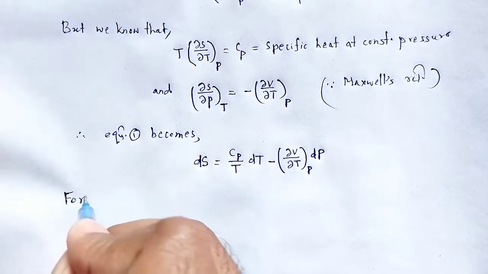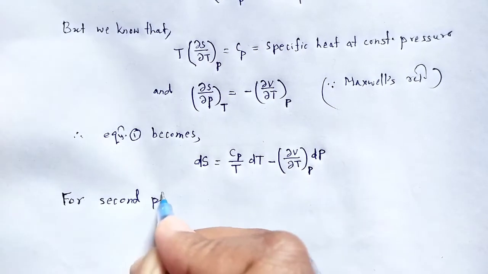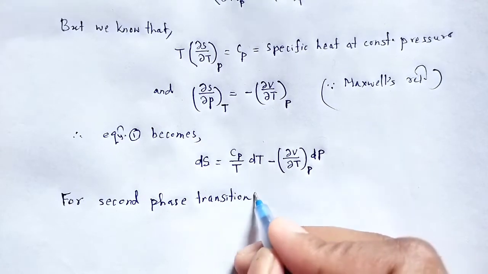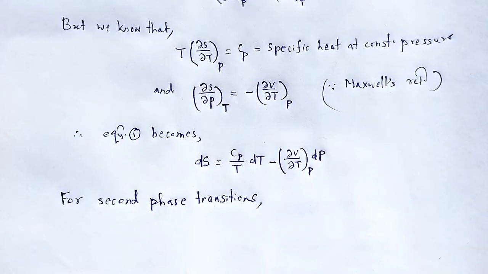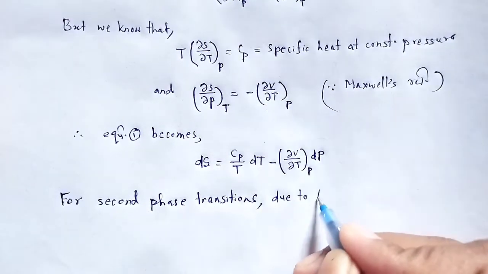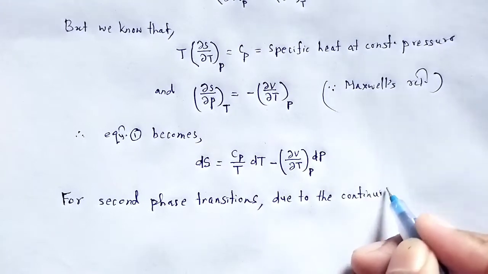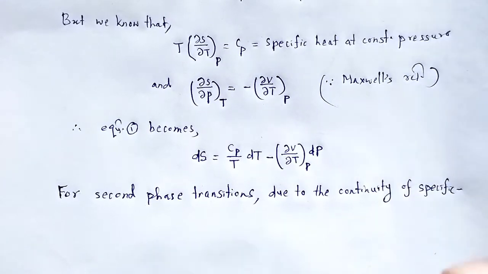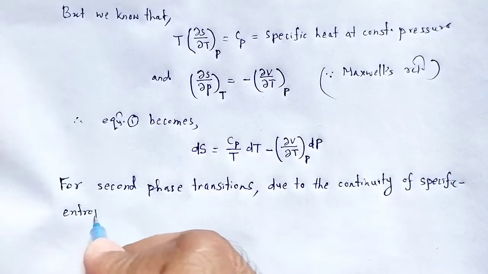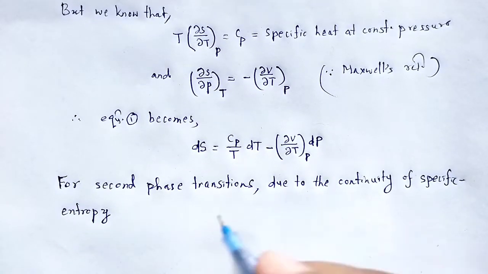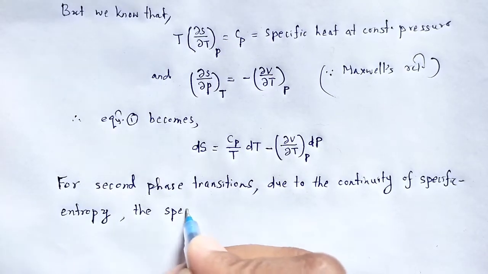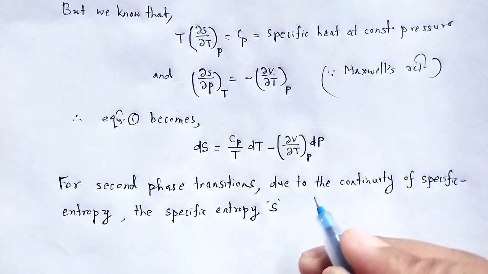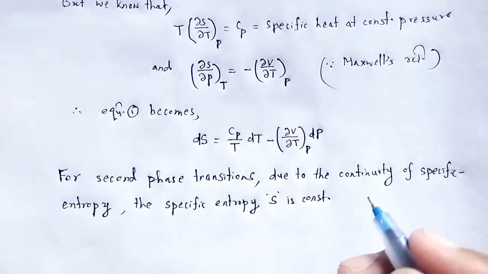For second order phase transition, due to the continuity of specific entropy, the specific entropy S is constant, since the entropy is continuous, that is